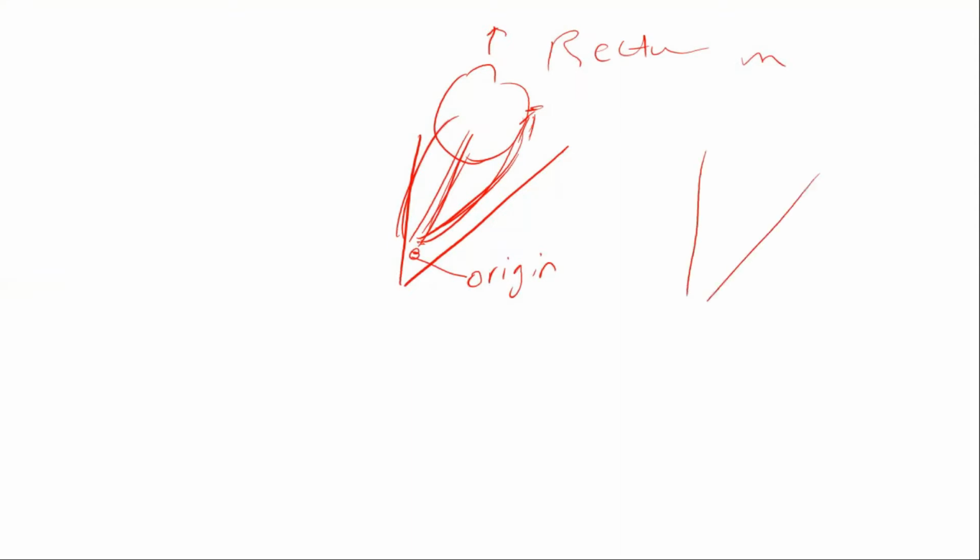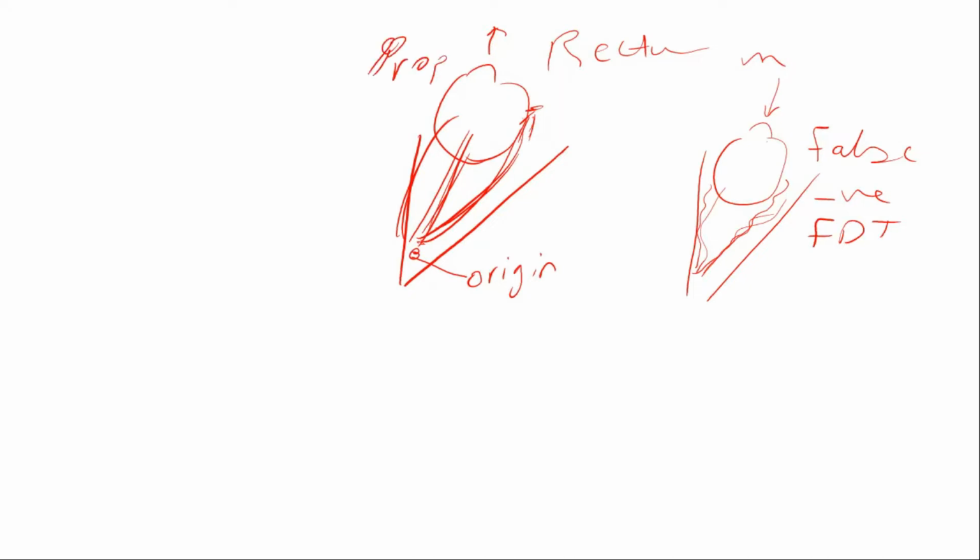If you accidentally depress the globe, the muscles artificially or iatrogenically are slackened. So it will give you a false negative force reduction test. So you have to put the rectus muscle under slight stretch by proptosing the globe when testing the movement medially or laterally, up or down. Because when we are testing the rectus muscles, we move the eye medially or laterally, up or down.